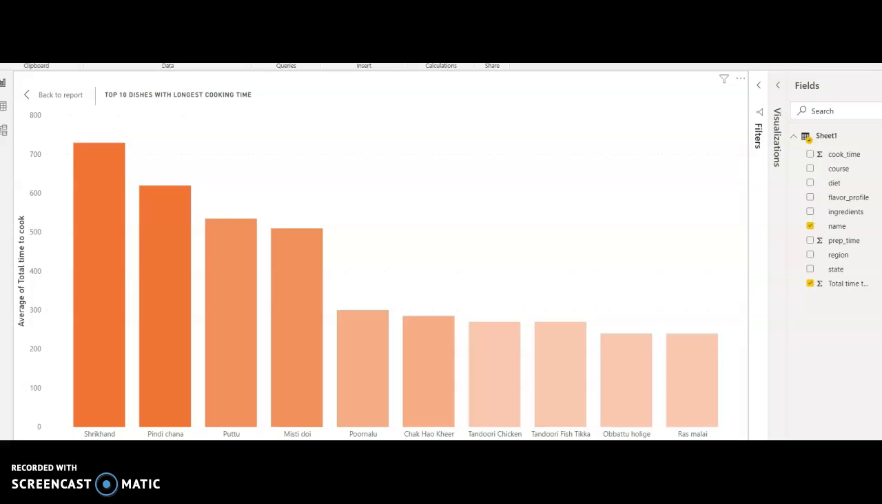In my second chart, I have added the name and the total time taken by each dish to the bar graph, and here we can clearly see that Srikhand takes the most time to cook. This chart basically shows the top 10 dishes with the longest cooking time, and Srikhand wins. And as I have researched about this